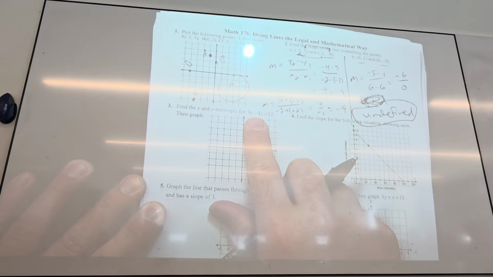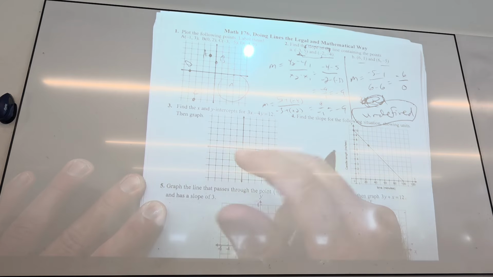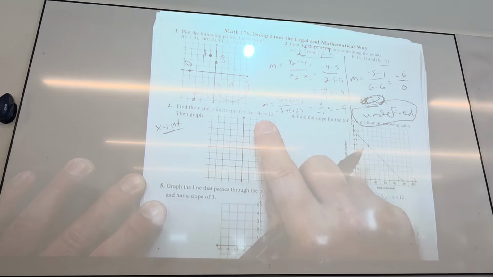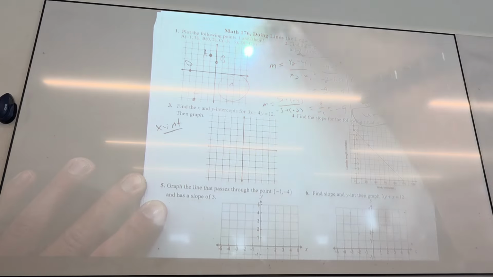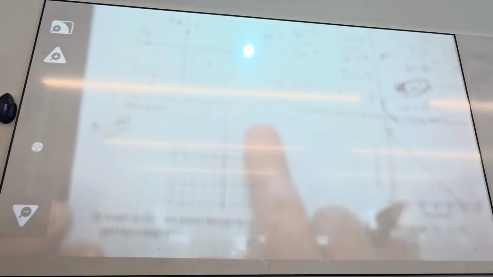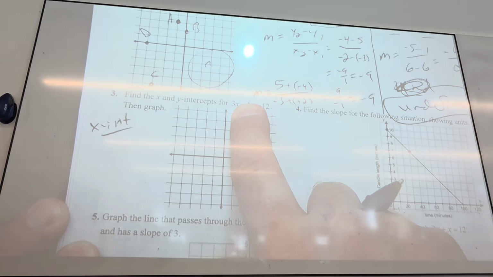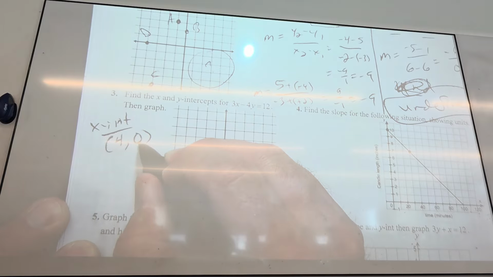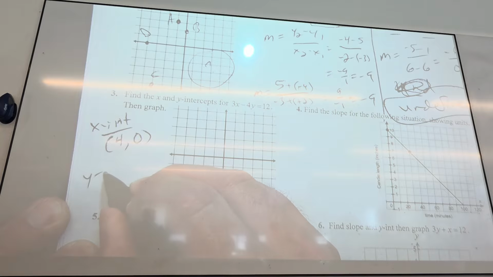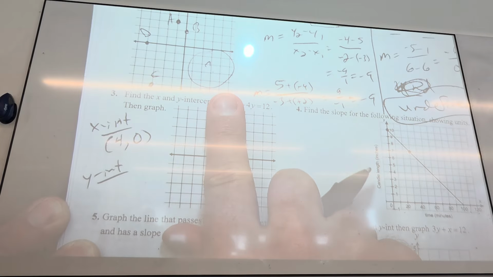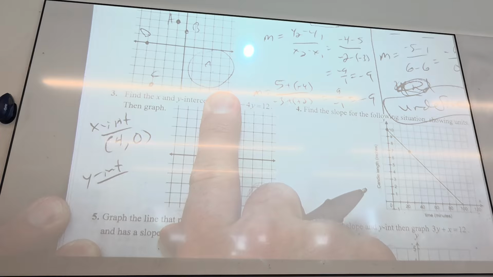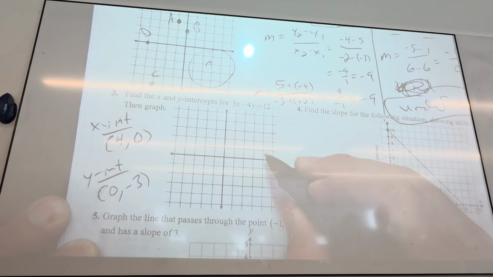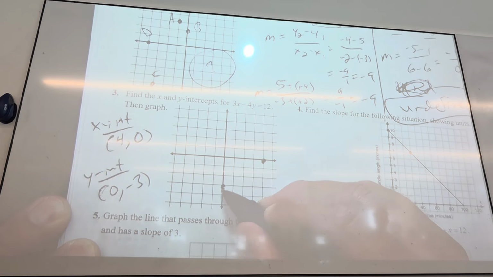This one we basically did almost the same problem. How do I find the x-intercept? 3x equals 12. You make y 0, right? So you can basically actually just cover it. You'll get 3x equals 12. X equals 4. Divided by 3, you get 4. So when y is 0, x is 4. What about the y-intercept? So you get negative 4y equals 12. So y is negative 3. So when x is 0, y is negative 3. 4, 0, 0, negative 3.